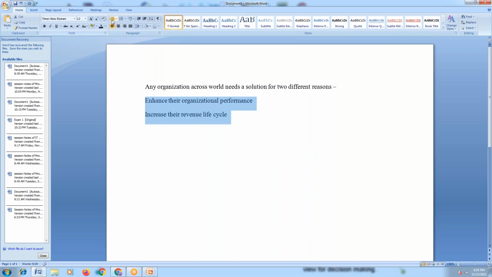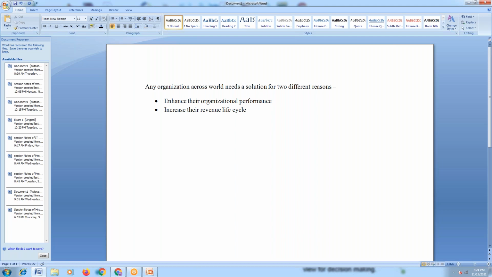For example, let's say you're developing a payroll management system for a company, right? You are developing a payroll management system for any of the organizations. Or else you may be developing an ERP application for a customer of any organization, if you take. This is for two reasons, any one reason in this or any two reasons.